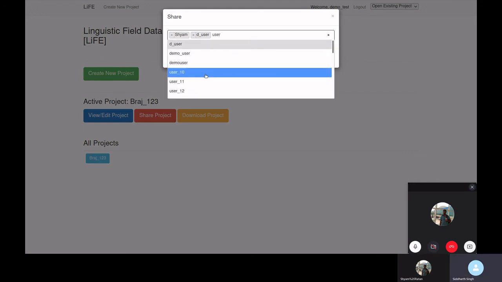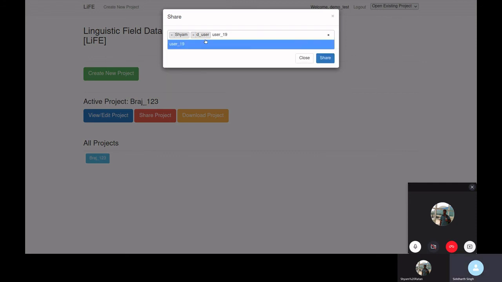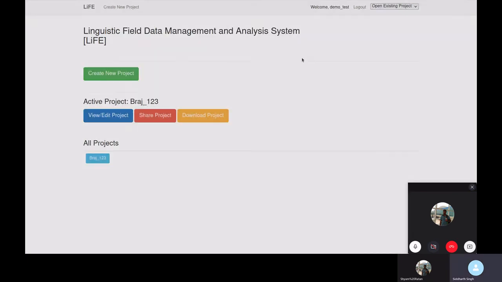Let's add one more user. So this is the share button. In a while I will show you that this project has been shared with those users by logging in to one of the users' accounts.